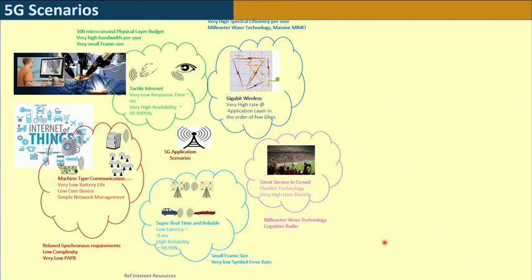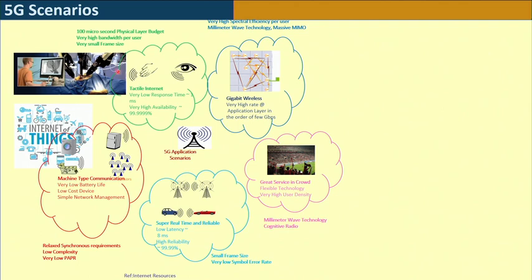Welcome to the lectures on evolution of air interface towards 5G. We are discussing the requirements and scenarios of IMT 2020, that is 5G, and in the previous lecture the last thing we were discussing is basically the scenarios where we have summarized that tactical internet could be one potential situation